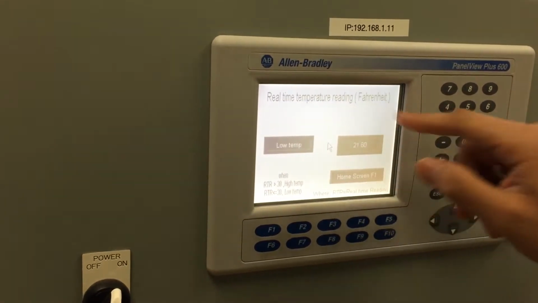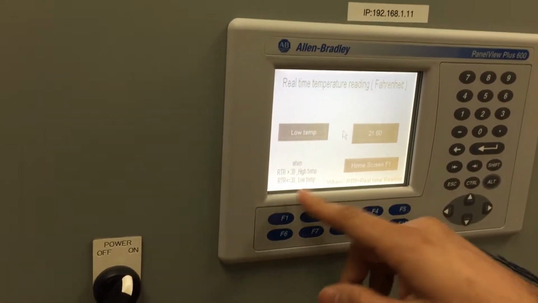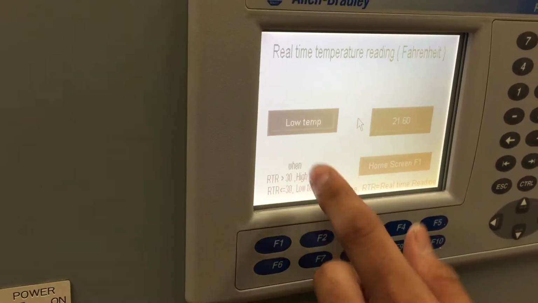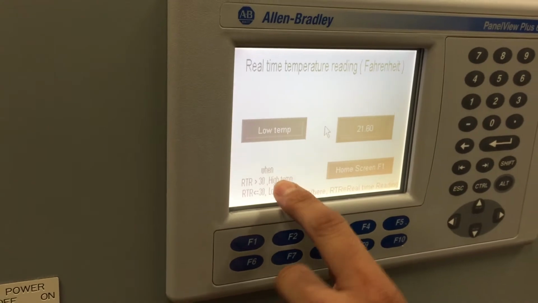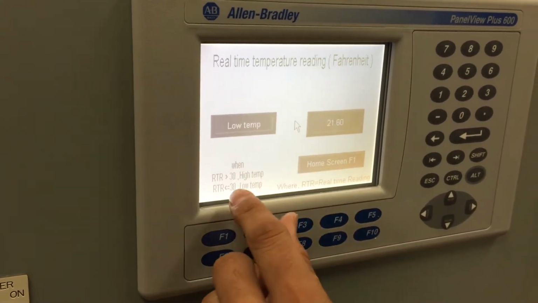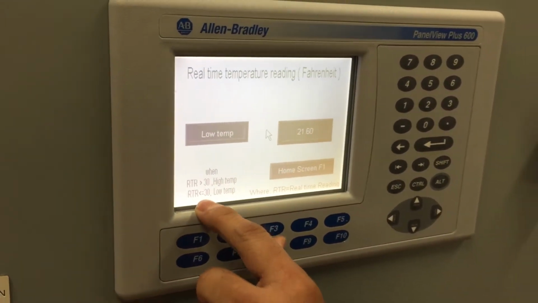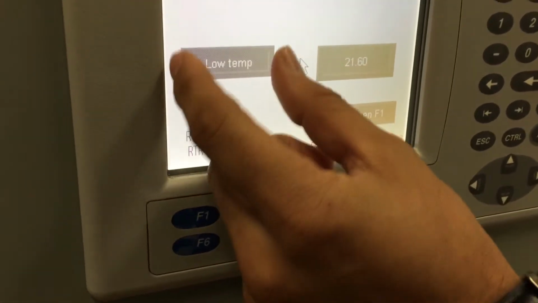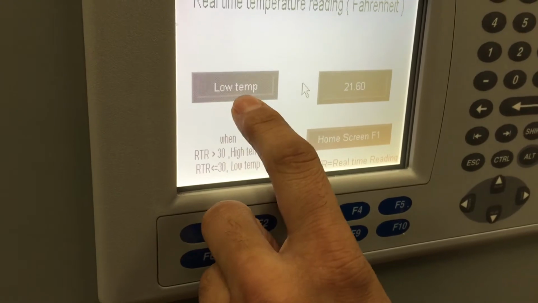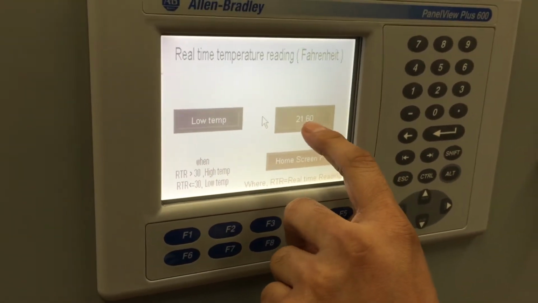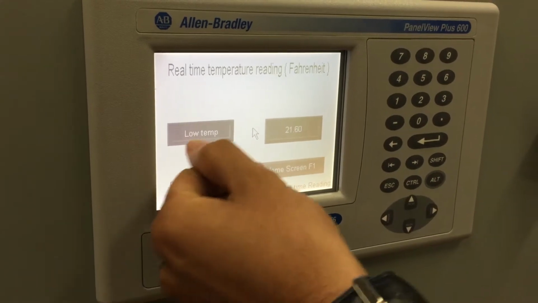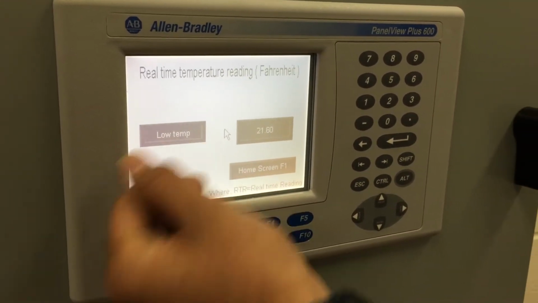This is called the real-time temperature reading in Fahrenheit. Whenever the temperature goes above 30, it shows the message high temp over here, and whenever it's below 30 or equal to 30, it gives the message low temp. We can see 21.6, so it's below 30, so it shows the message low temperature.